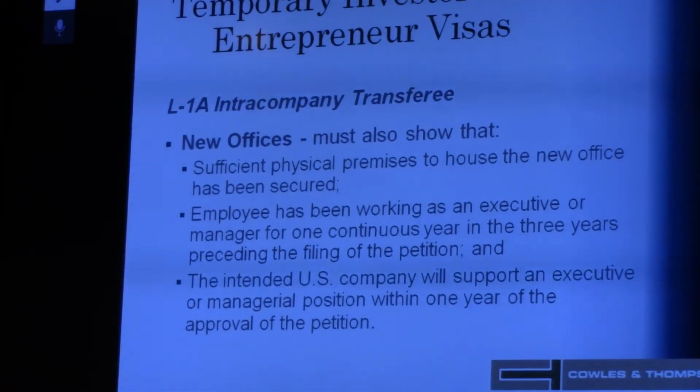As you can see, these new offices are similar to the investor visa we discussed, because the person is coming into the United States to open a new company, setting up a new company, kind of the same process as when they are investing. The difference is that they are going to come from another company outside the United States. So they are not tied to something outside like an investor would be, but will come to open a second company or third or fourth or whatever, a new company as part of the company outside the United States. So they want to see enough space. What does that mean? It means you're not going to get your visa if you can't show an office lease of some sort.